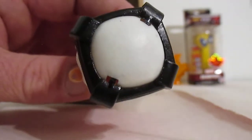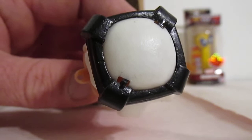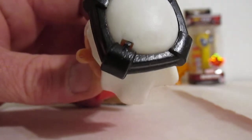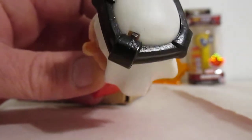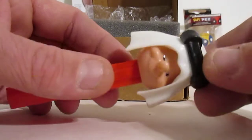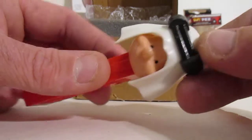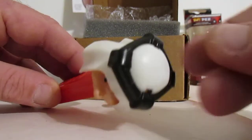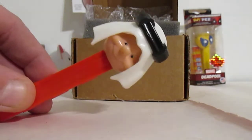This is not the harder version to find. But it is the black band, so it's a harder color to find of the more common version of the dispenser. Yeah, I said that right, didn't I? I don't know. But I did show you what I found and what I got in a little box. See? I don't need to hold on to it. Just need to show it off. Isn't that right, Sheik? Very cool. So until next time...